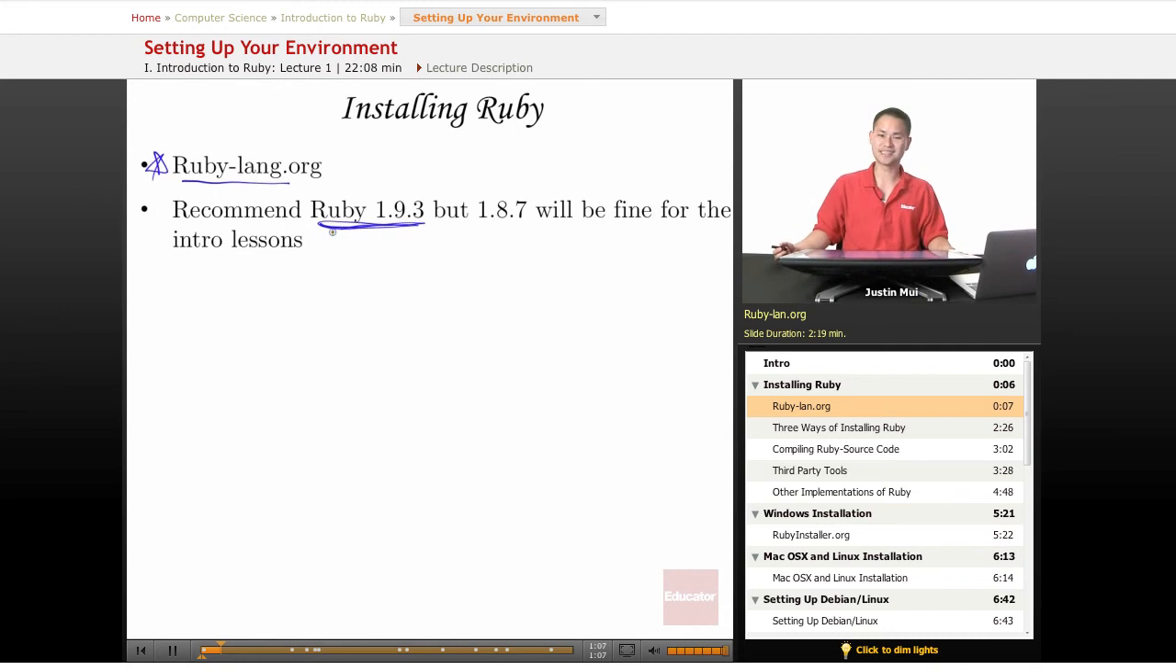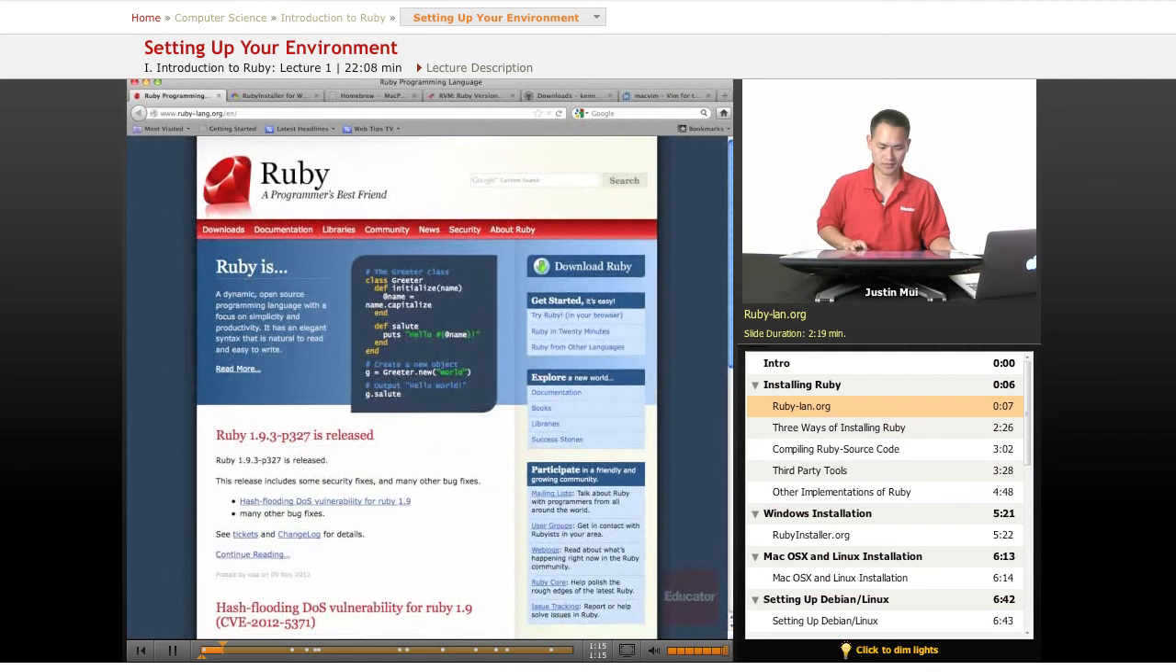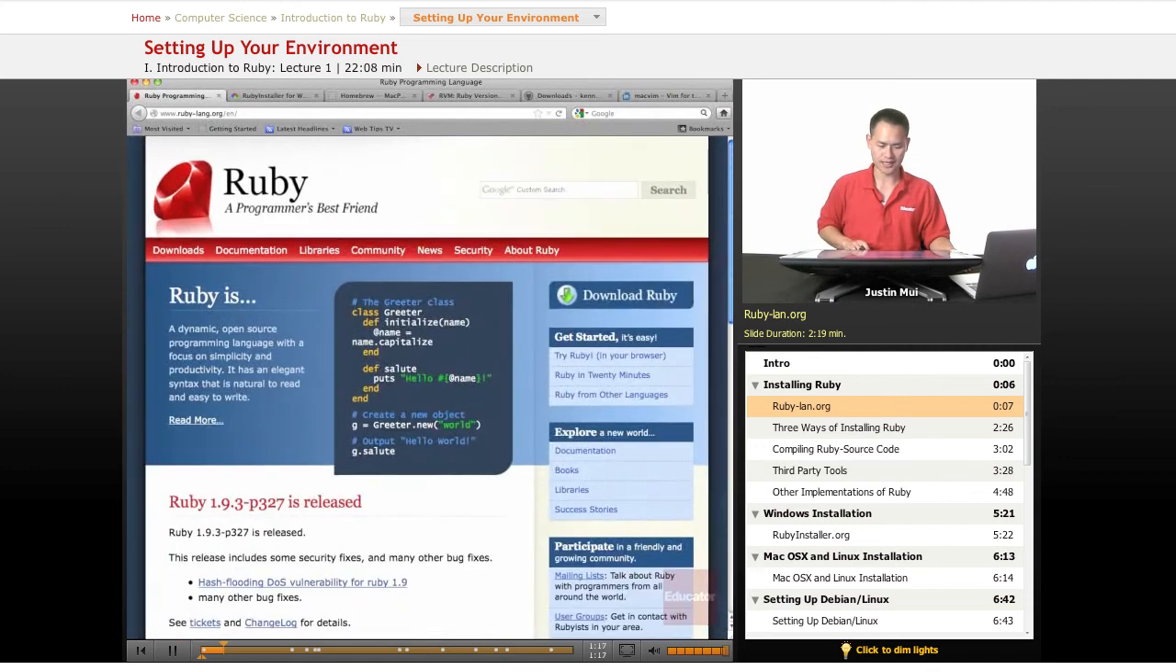So first, let's go ahead and just go to that website. Let's go to rubylang.org. Check it out. So if you go here, we're at rubylang.org. You'll notice that it has a lot of documentation information about it, and it'll give you a little gist of what Ruby is. And I'll show you some code actually